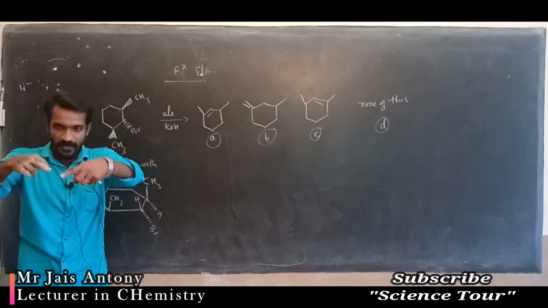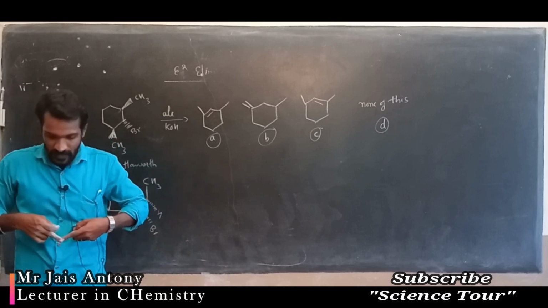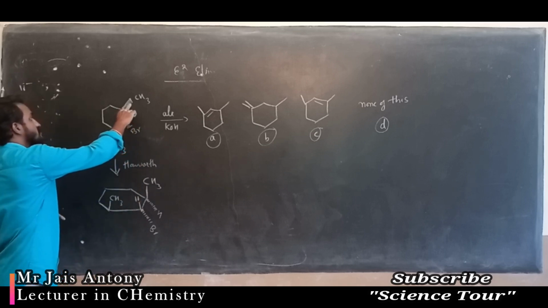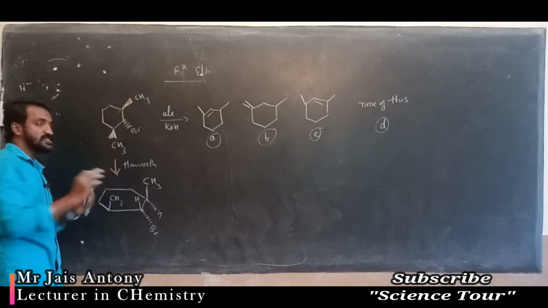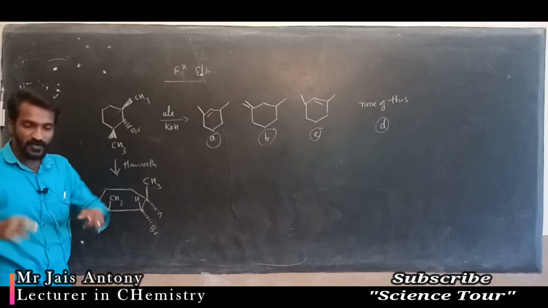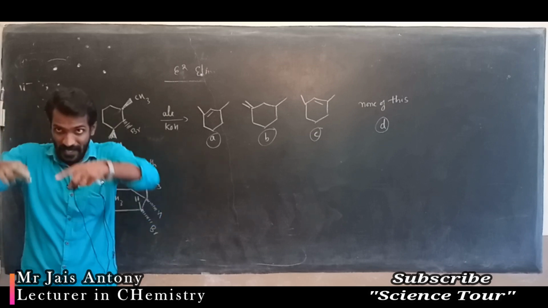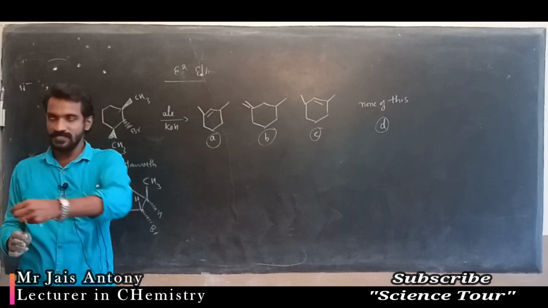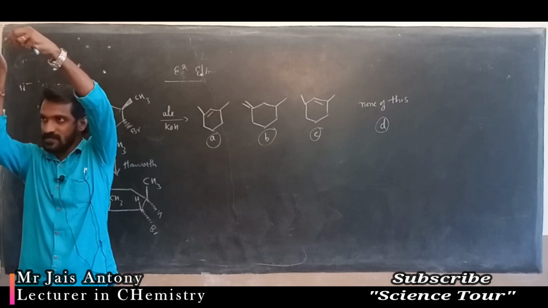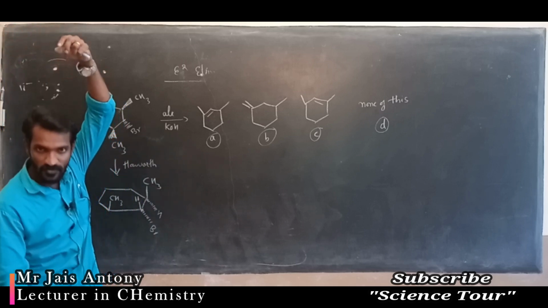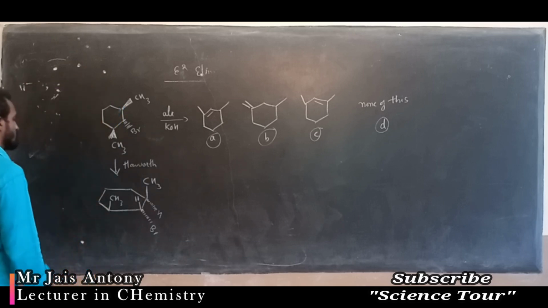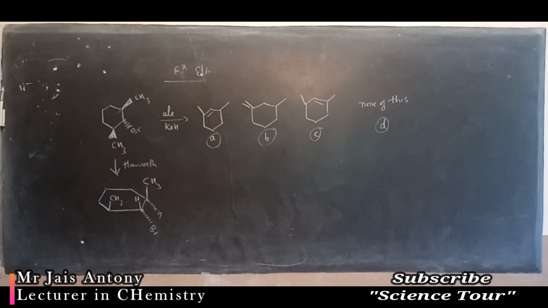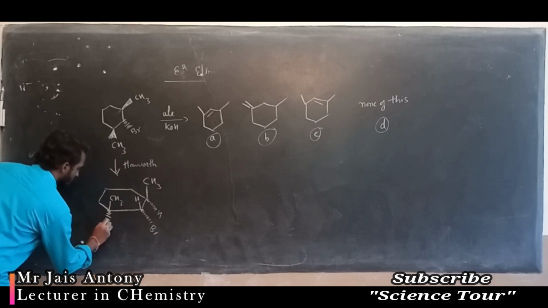Imagine this is a plane, like the six-membered ring plane. The darkened bonds are facing towards you, and the dotted lines are away from you. A six-membered ring like this, one plane, 1, 2, 3. Imagine one CH3 is here, another CH3 facing towards you like this, and at the same time bromide is down like this. You have to imagine that structure. At the same time one H is here, away from this.